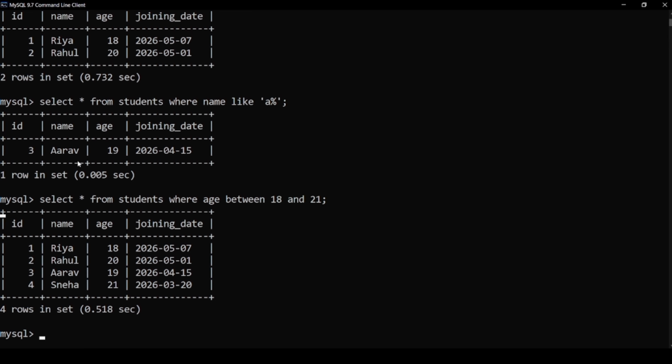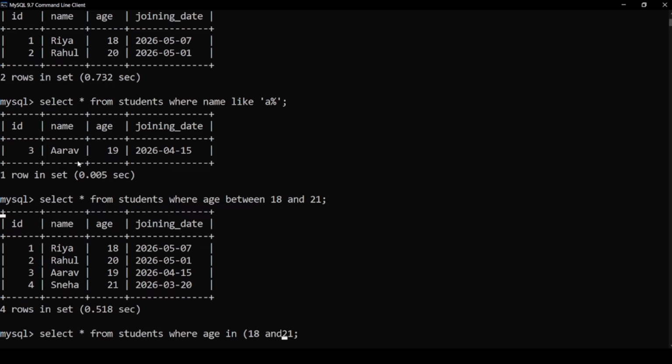Next, we are going to use the in keyword, which is used when you want to match multiple values. For example, if I mention here select star from students where, instead of between, I'll mention here in, bracket, 18.